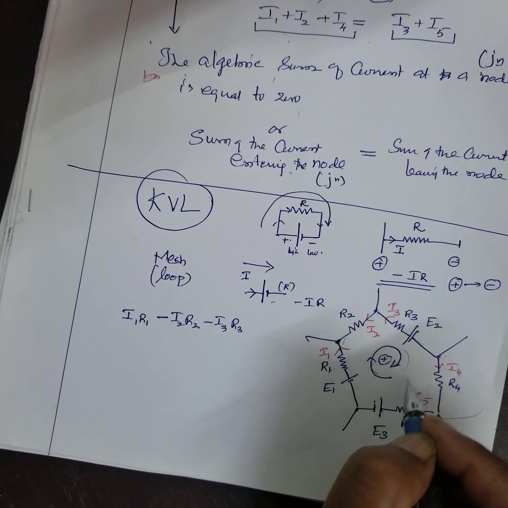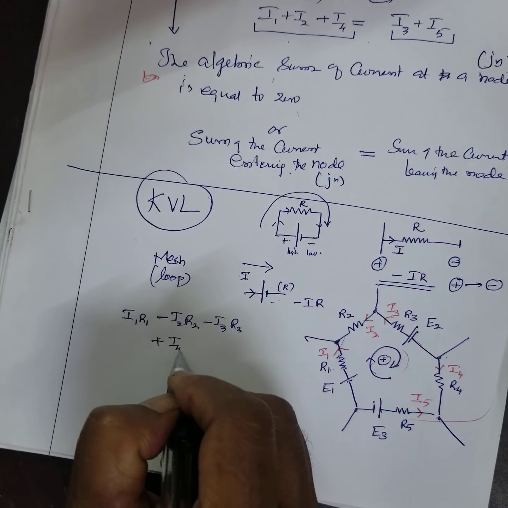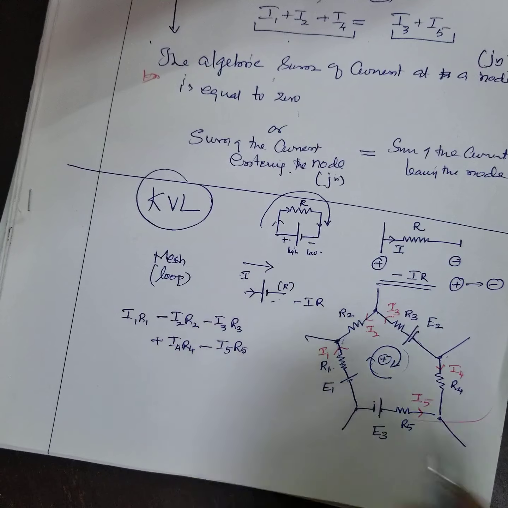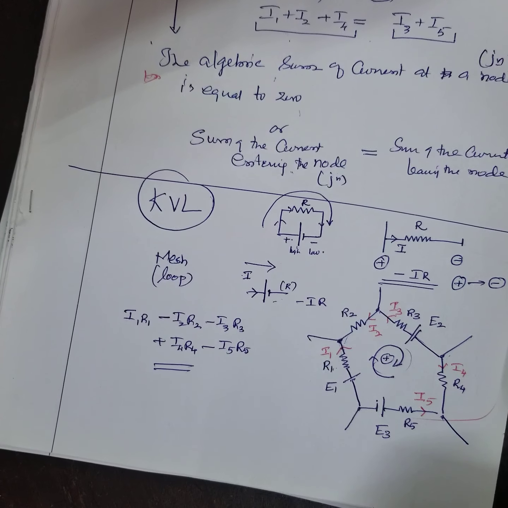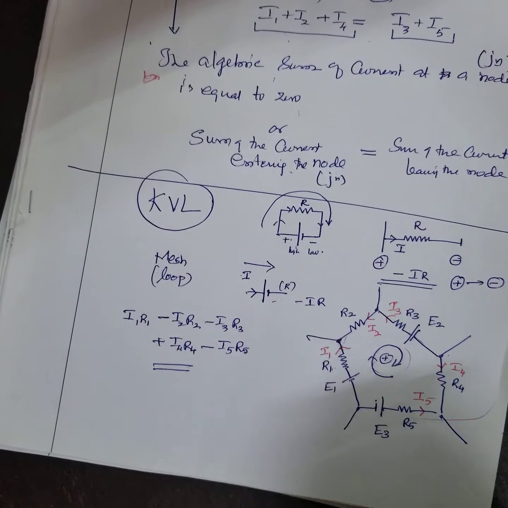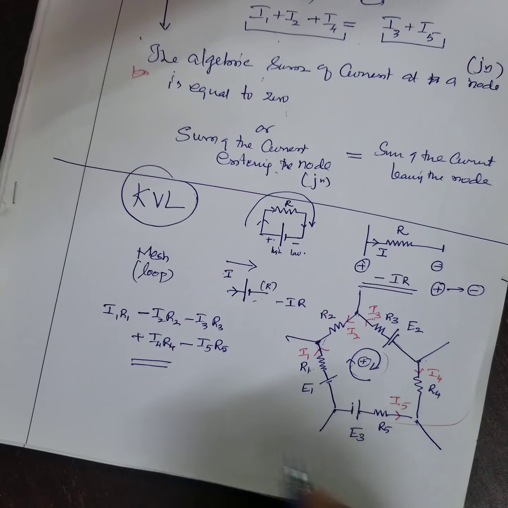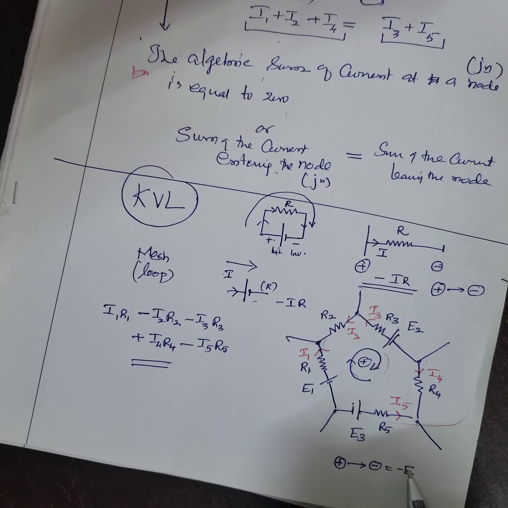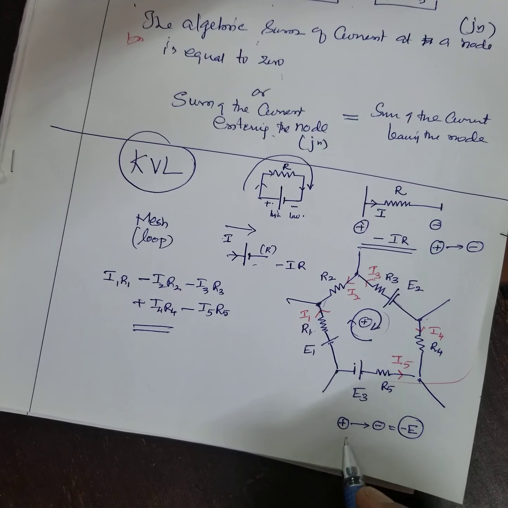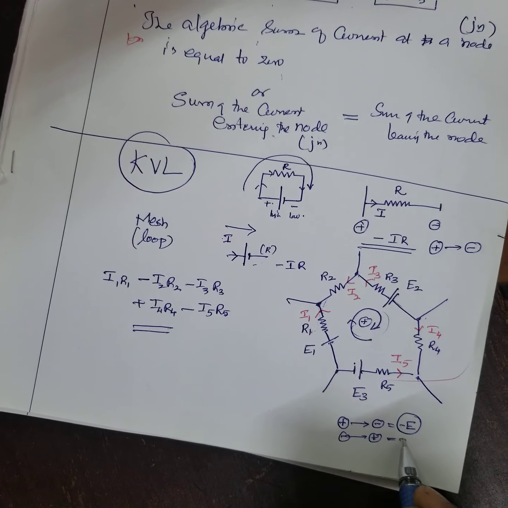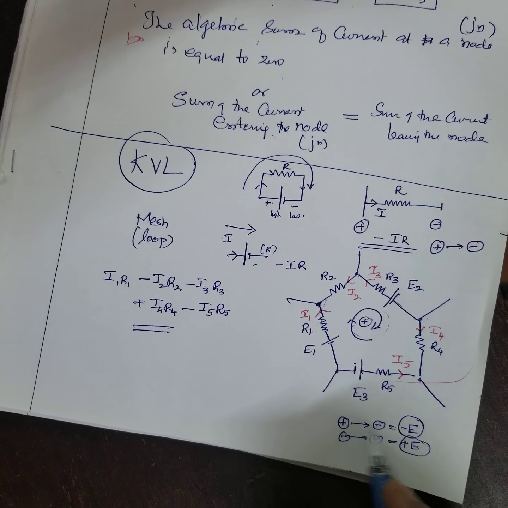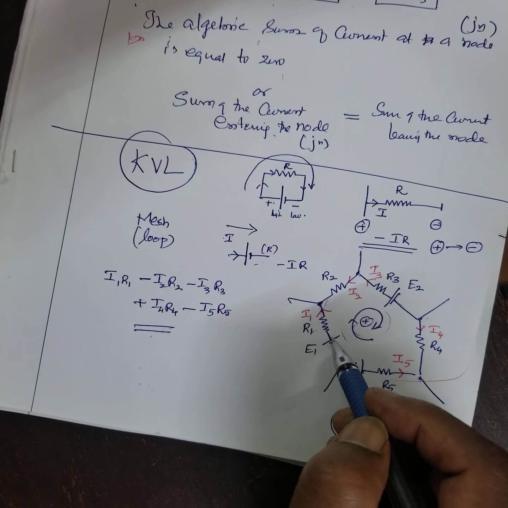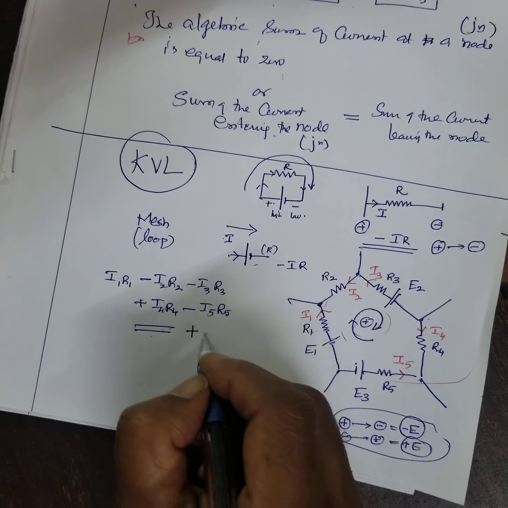See, you are going along this direction: I4, R4, against I5, R5, that is equal to. If you are going like this, is it not? Now this equal here, whenever you put equal, then you think. Remember, positive to negative is negative, and negative to positive is positive, for EMF. That way I remember here in this case. After putting equal, I am going in this direction, negative to positive, positive.